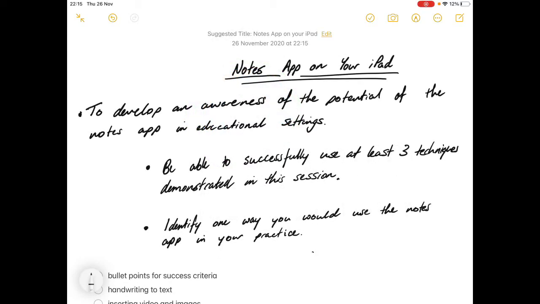Hello, we're looking at the Notes app on your iPad today. Our goal is to develop an awareness of the potential of this app in an educational setting, be that you developing a class lesson, reflection points for pupils or yourself during that lesson, or in an approach to observations where